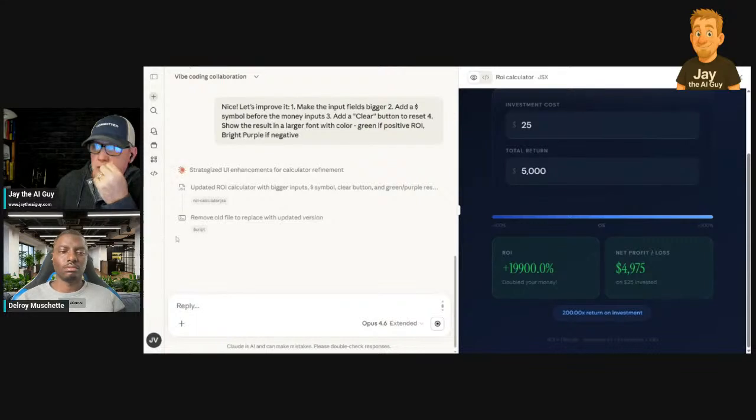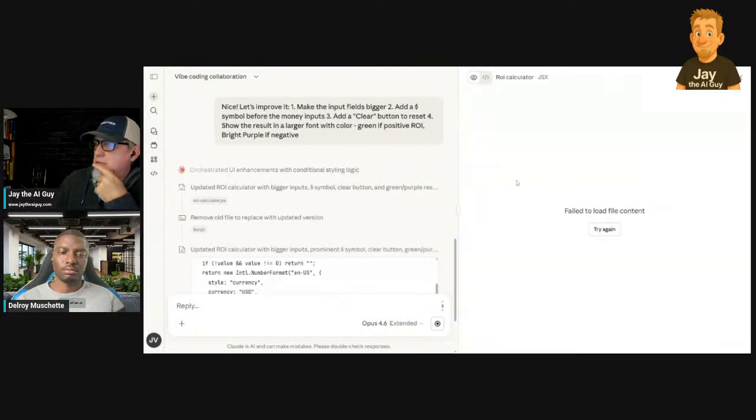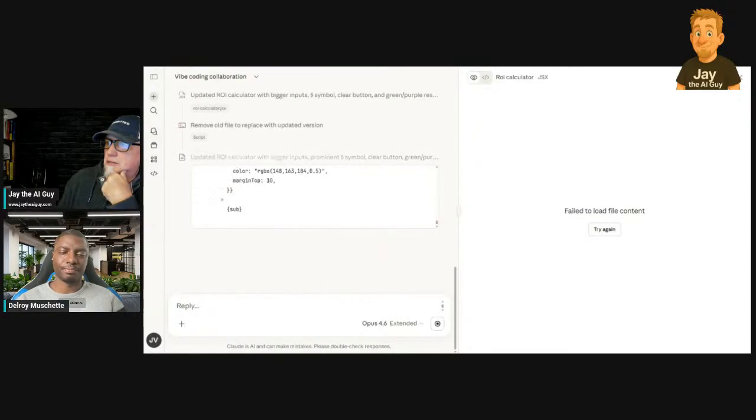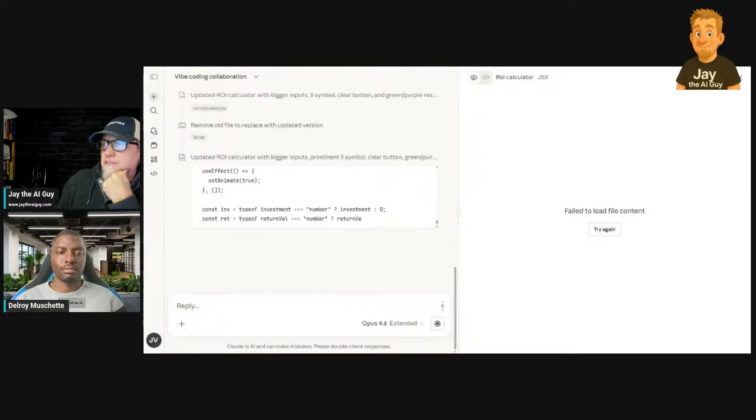So here we go. It's removing the old file. It's going to replace it. Here's the updated calculator. Here's the first error: failed to load file content. But all we have to do, instead of saying, oh no, is try it again. Well, it's still coding, so it's not going to load yet. So let's finish letting it do its coding here, and while it's doing that,